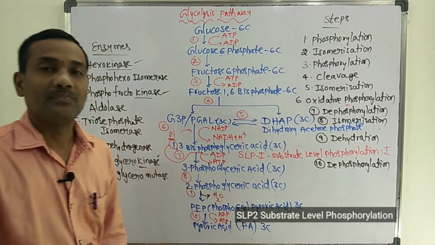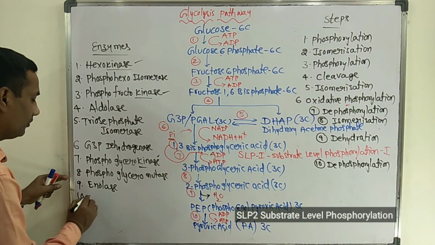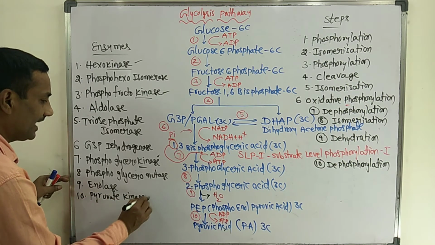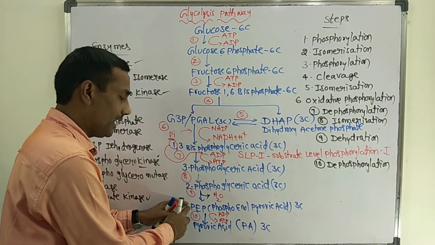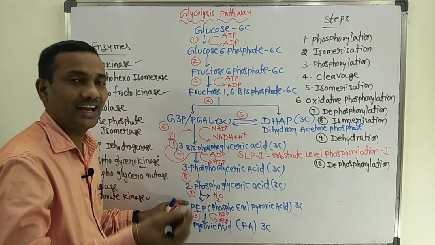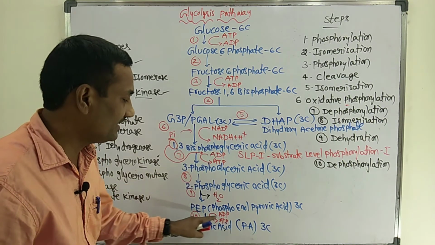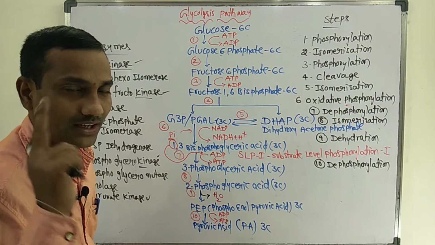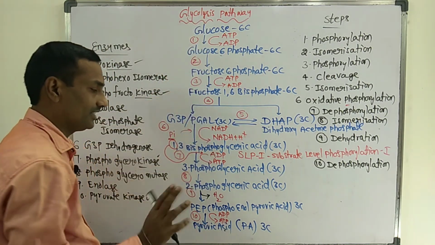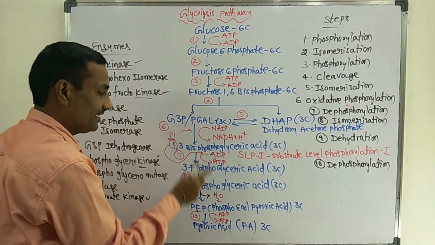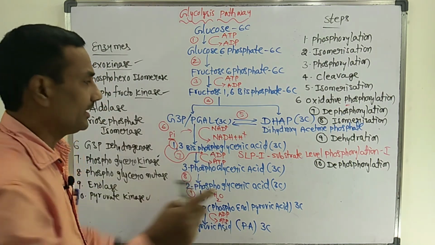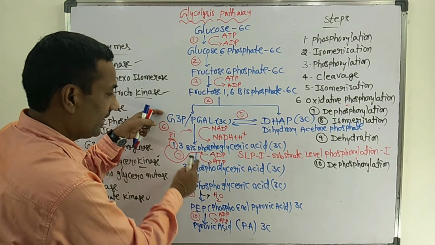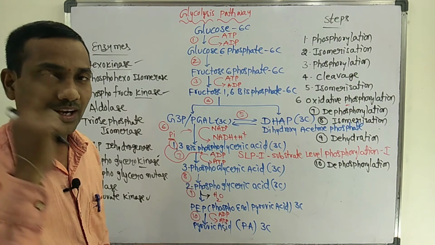This step is catalyzed by one more enzyme, that is pyruvate kinase enzyme, a kinase ATP reaction. From PEP, phosphoenol pyruvic acid, one phosphate is removed and added to ADP to form ATP. So if you observe the total cycle from first to last of the 10 steps, ATP is produced at the 7th step and 10th step. When one G3P enters at the 7th step and 10th step, 2 ATPs are formed.